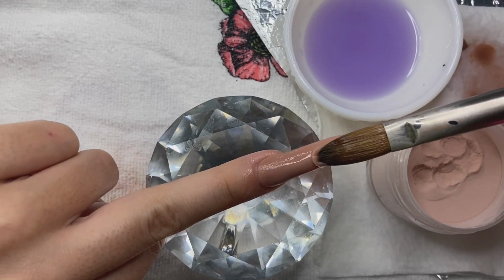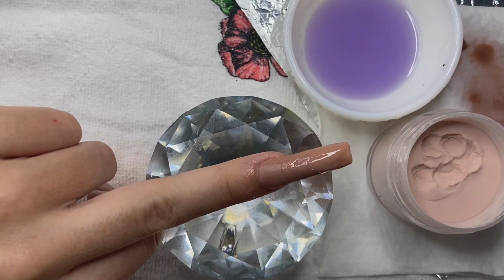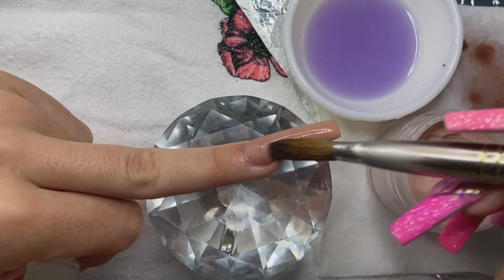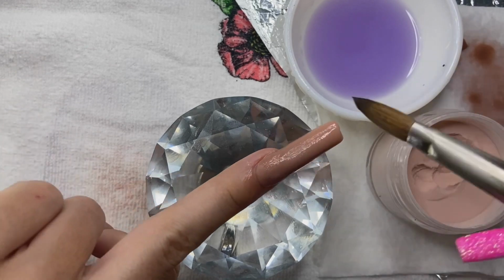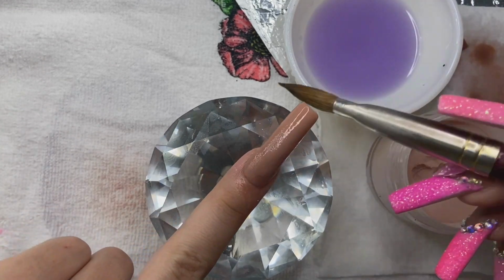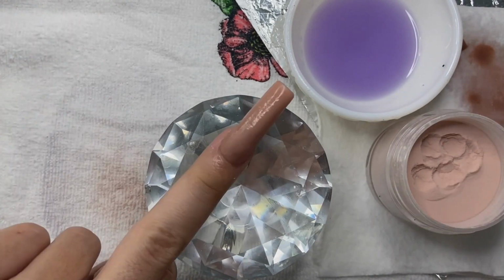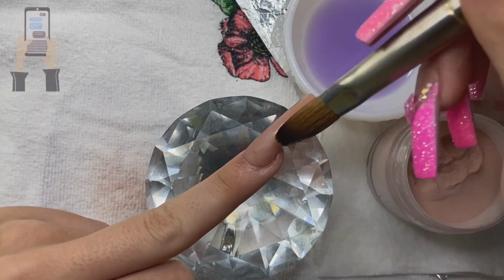So I don't know if you all have been watching, but this application on this finger was so good. This was the one that I told you guys was the perfect temperature. Not too warm, not too cold. And it was just so pretty and beautiful. I love it. On the next nail, you guys are going to see that it went fairly well. It truly did. But